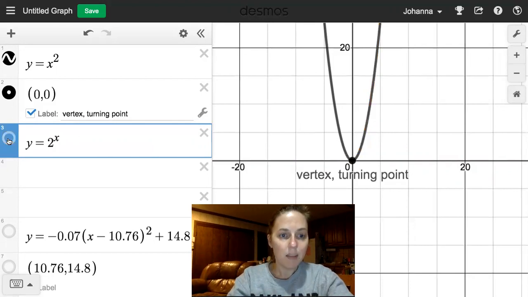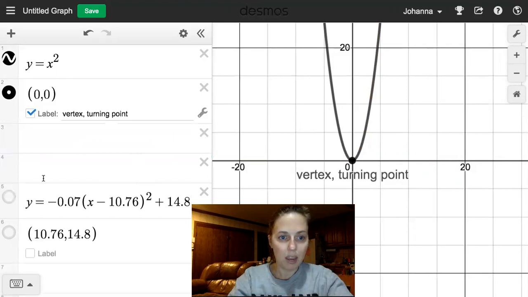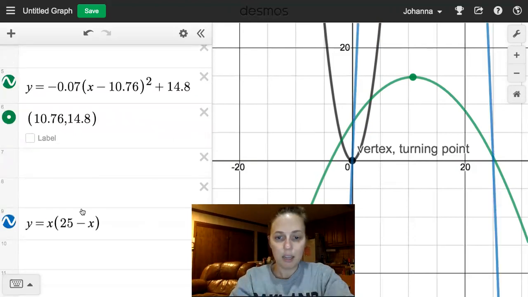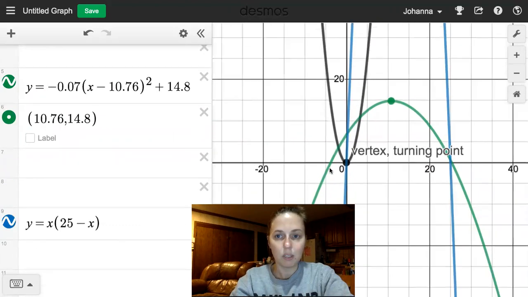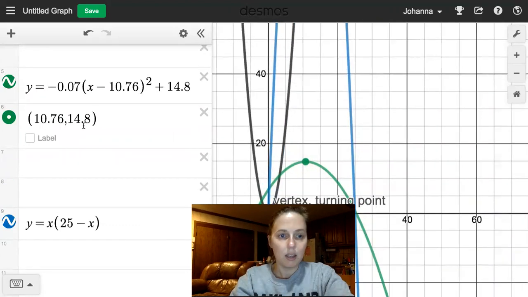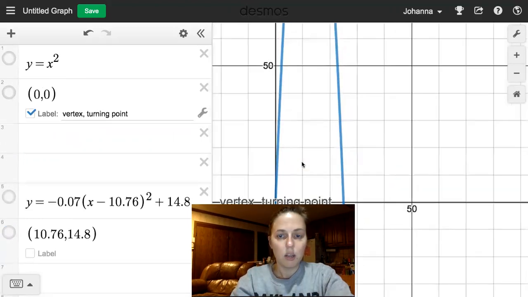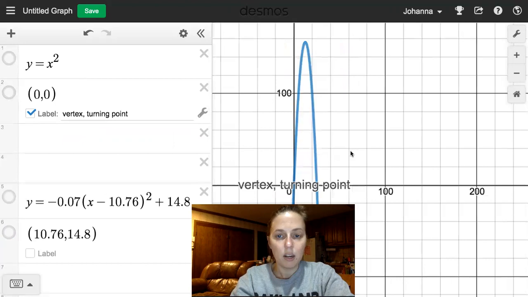So I'm going to click that off because it's not an example of a parabola, and I will show you a couple of other ones. Here's the vertex for this one. And this is our example from the equation from the hoop, the basketball one, and then this one's super high. Should I click these off? I think I will. Here's that super high one here